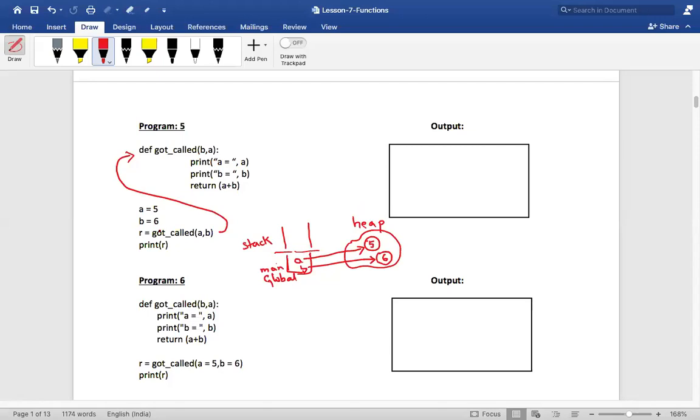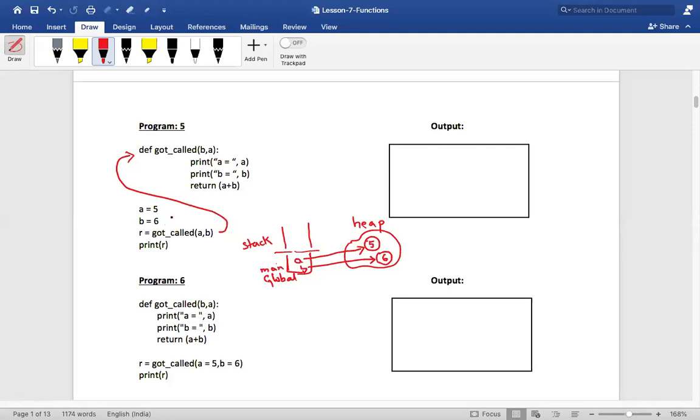Now integer objects are mutable objects or immutable objects? You tell me. Have I told you this? Akshada, what is it? Tell me. Mutable or immutable? Forgot? Sir, I don't remember. In the starting class, you did not do revision then? I told you in the starting class, isn't it?